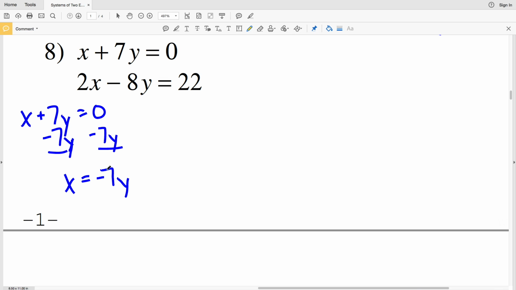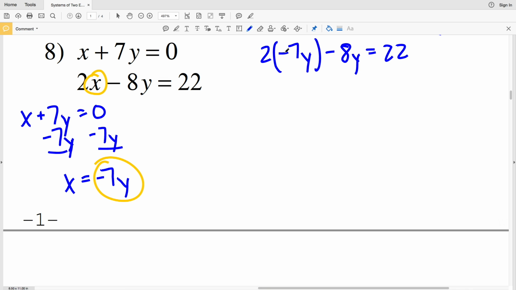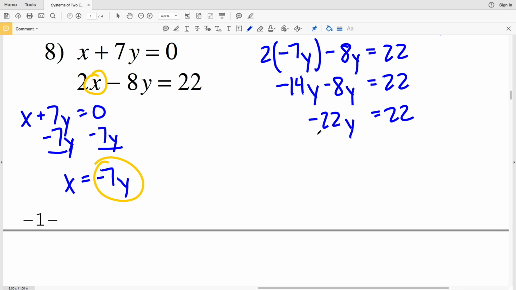So I'm going to take that value of x, which is negative 7y, and plug it into my other equation. So I will get 2 times negative 7y minus 8y equal to 22. 2 times negative 7 will be negative 14, so negative 14y minus 8y equals 22. Negative 14y minus 8y is equivalent to negative 22y. So I have that negative 22y equals 22, and when I divide by negative 22, I'll get that y is